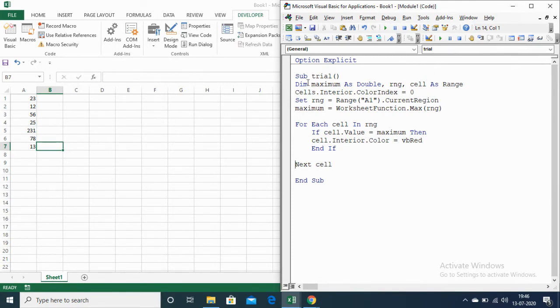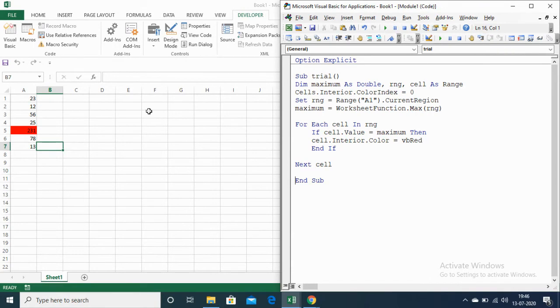So let me run this code. The maximum is 231, and it will be checking each cell, and when it reaches the 231 cell, it will color it as red.